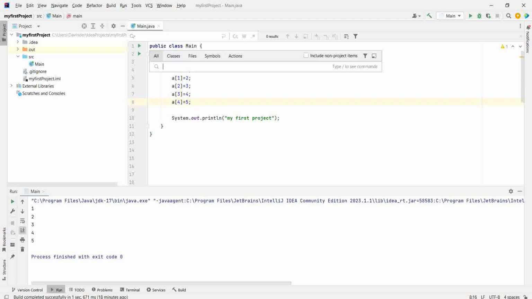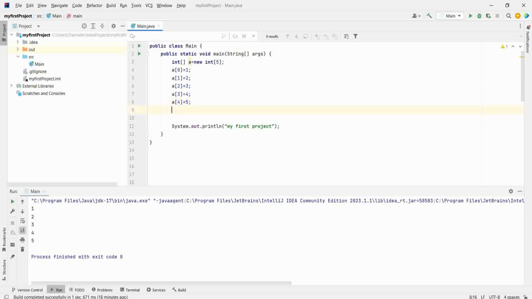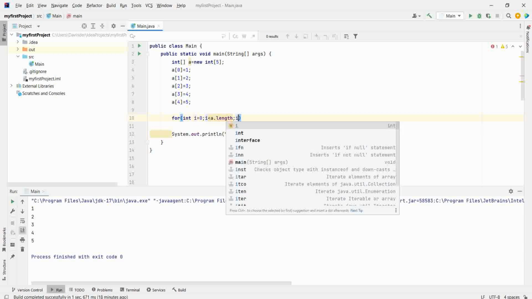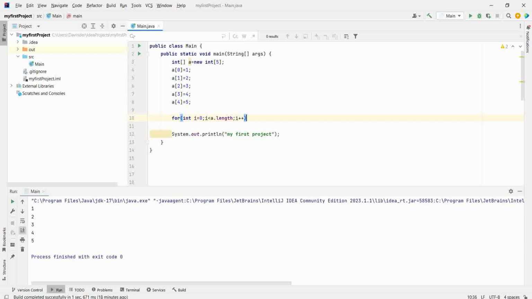This is how you create an array. Now how to print it? For i equal to 0, i less than the length of the array, a dot length, i plus plus, I want to print a at index i.